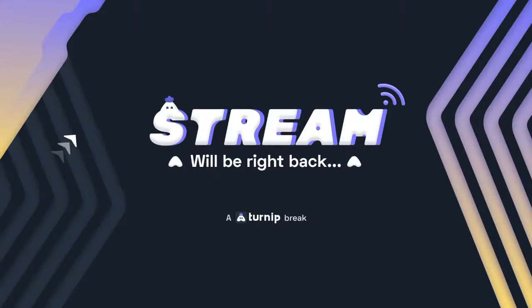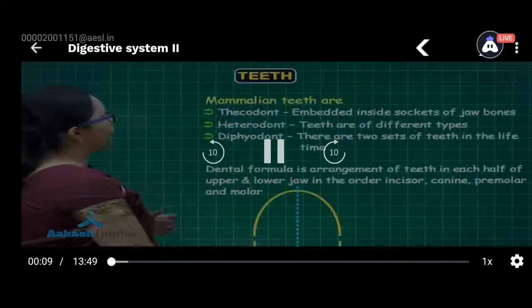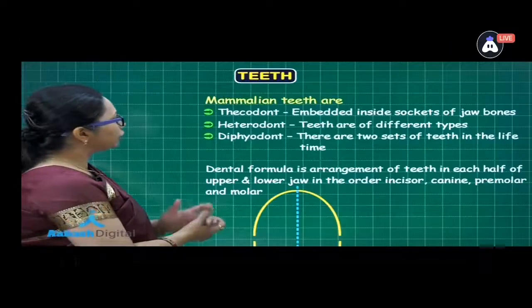Now taking up the structure of teeth. Now in case of teeth,